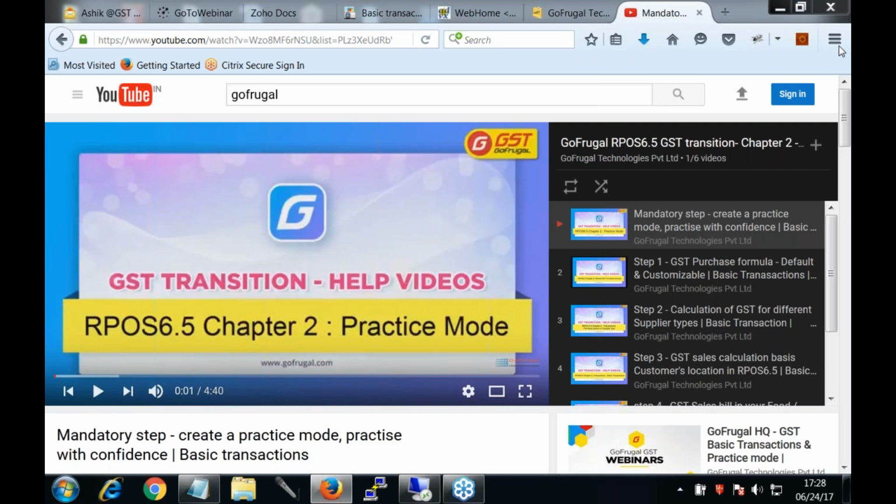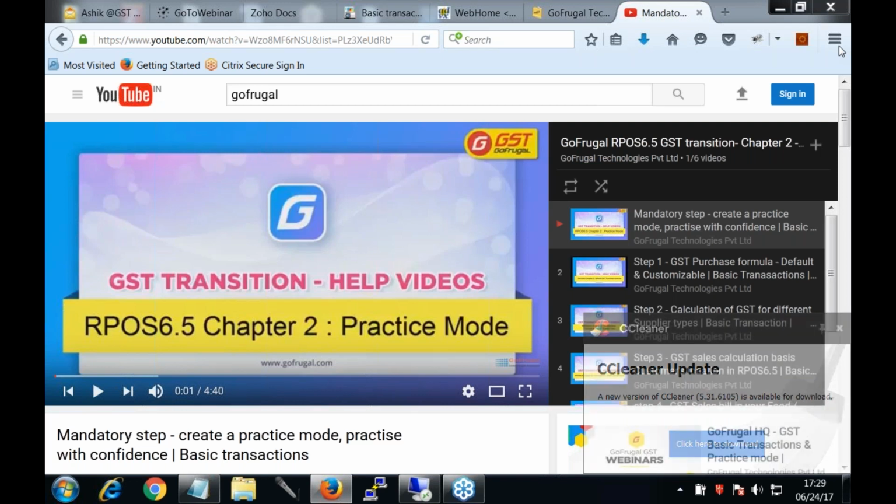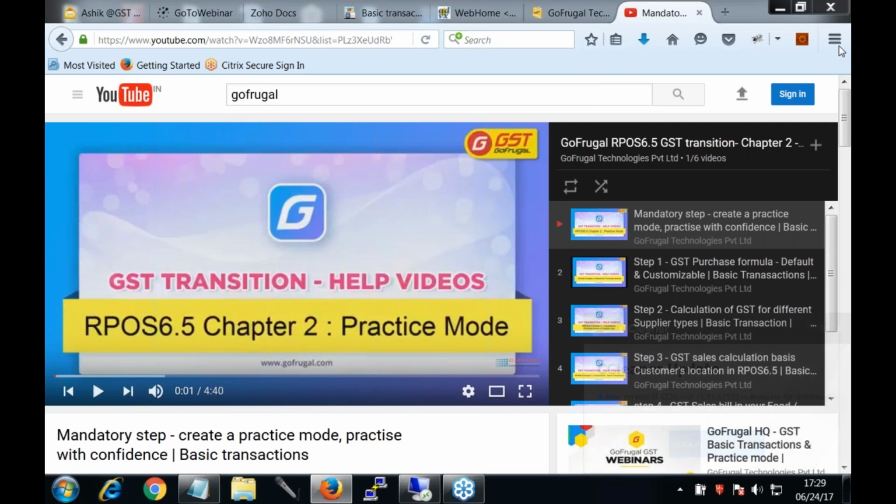Mr. Rajendra, the practice mode is completely available only on the latest version 6588 Service Pack 3, which was released this morning. So first make sure that you are using the latest version. After that only can we use the practice mode. Before using the practice mode, we have to create the practice mode DB. But it is available now, you can make use of it right away. We need not enable anything. We just need to create a practice DB.